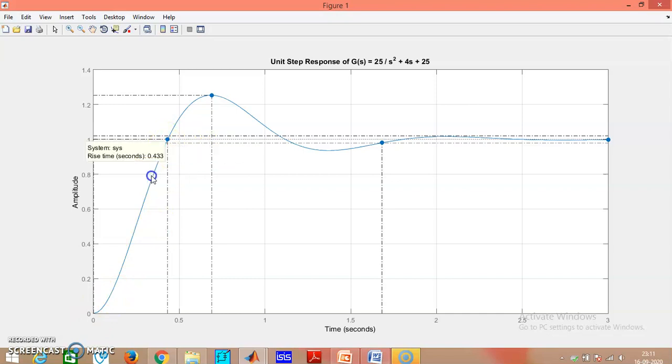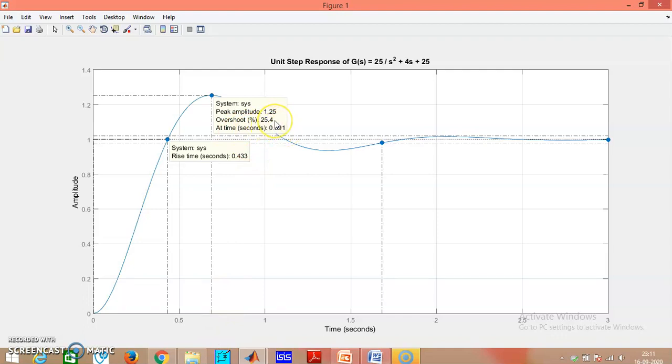So this is for an underdamped system. You can shift this information anywhere on the image file. Just shift the cursor and you can shift this block anywhere. Similarly, this is the peak time. You can find the peak time at 0.691 seconds.